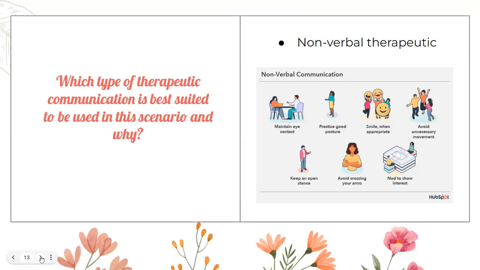Our group has decided that the most appropriate type of communication needed for this scenario is therapeutic communication, specifically non-verbal therapeutic communication. Non-verbal communication is the best type of communication to be used here, as the patient was unresponsive when the first nurse tried asking her what was wrong. And by using non-verbal communication, we are able to let the patient know we are there for them when they are ready to communicate. When a patient is non-responsive, non-verbal therapeutic communication becomes critical. It involves using gestures, facial expressions, touch, and body language to convey care, support, and understanding. This form of communication can help create a connection with the patient and provides comfort, even when verbal communication is